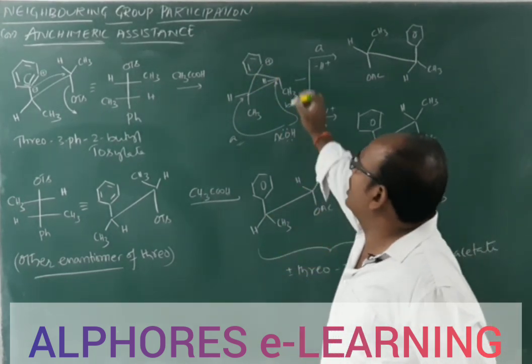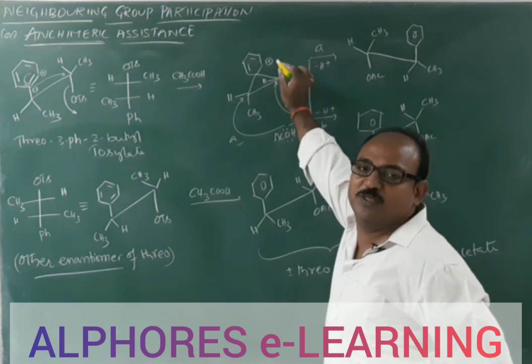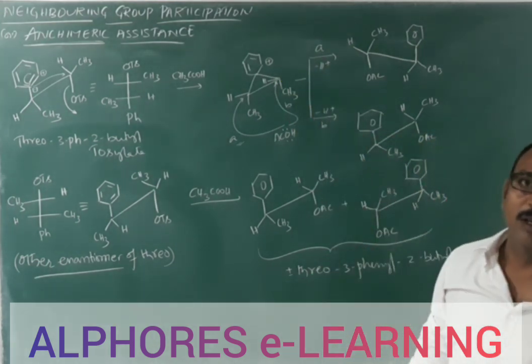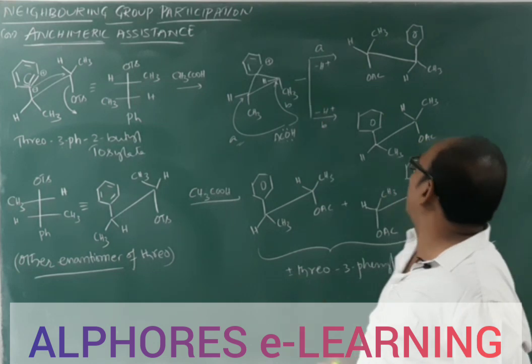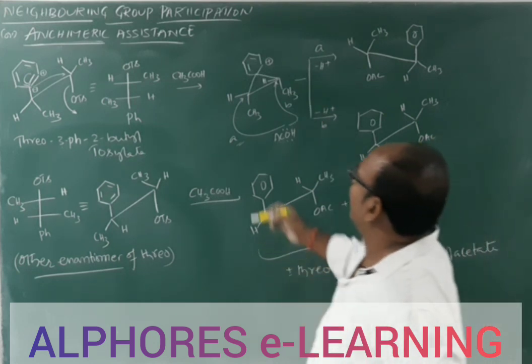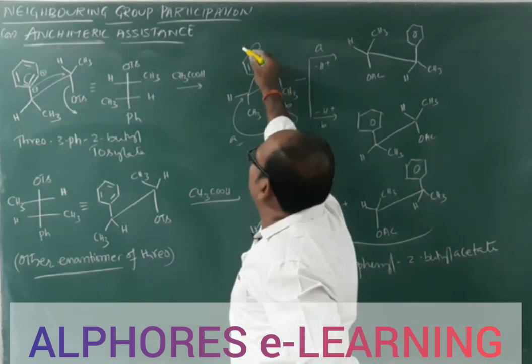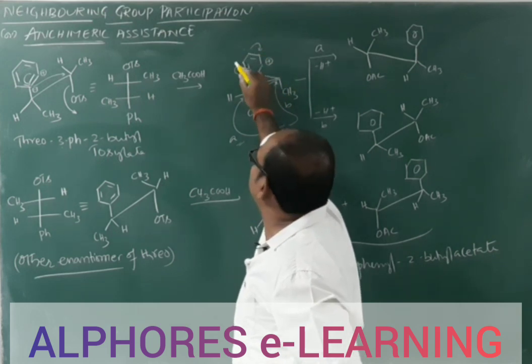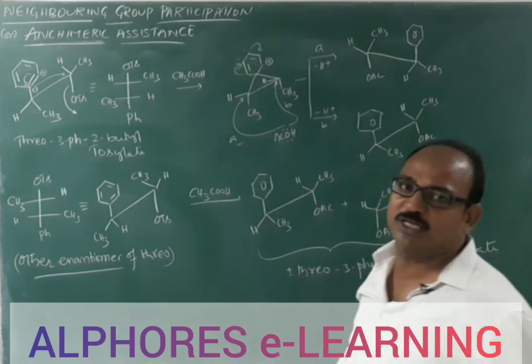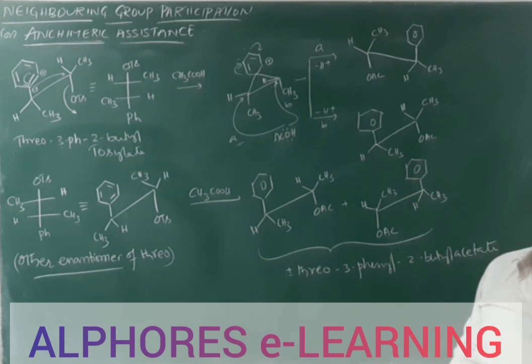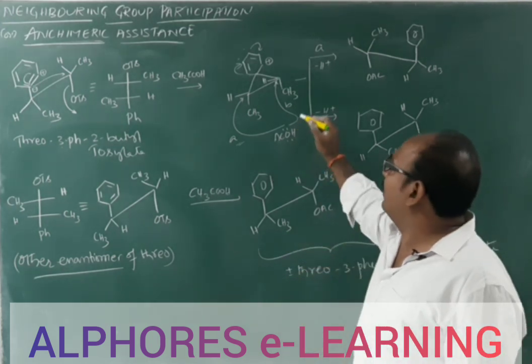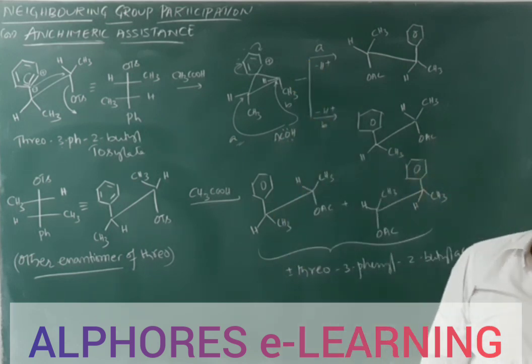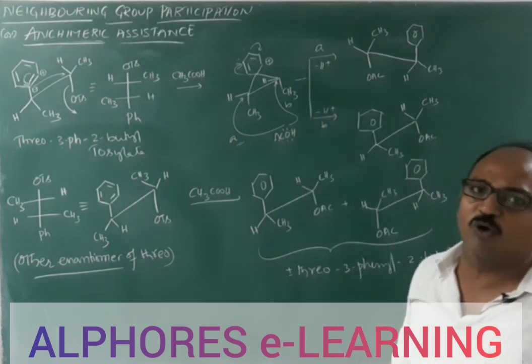Obviously this one is not going to attack upon this positive charge. This positive charge is in resonance, and that positive charge is not in a fixed position. Electrons are shifting like this. Here you are getting positive charge. Again electrons are shifting like this. Here you are getting positive charge. So that positive charge is not in a fixed position, and moreover, by attacking this acetic acid molecule upon this positive charge, you are not getting any more stable product.